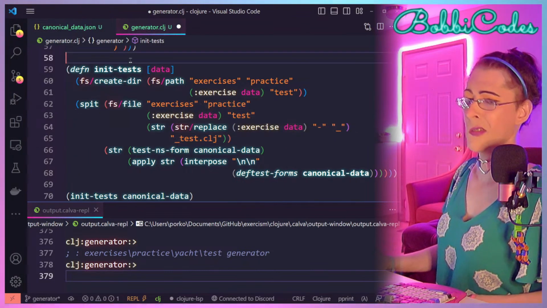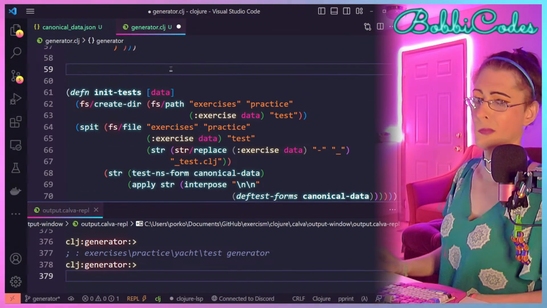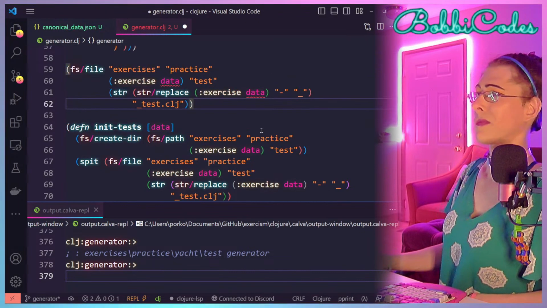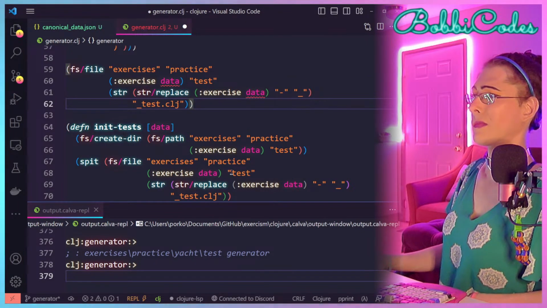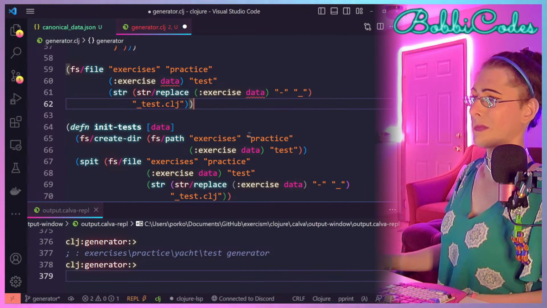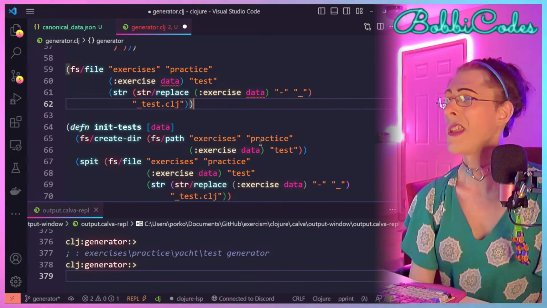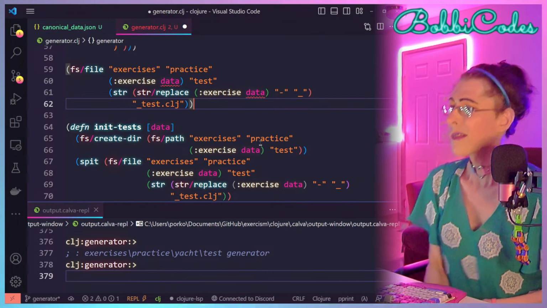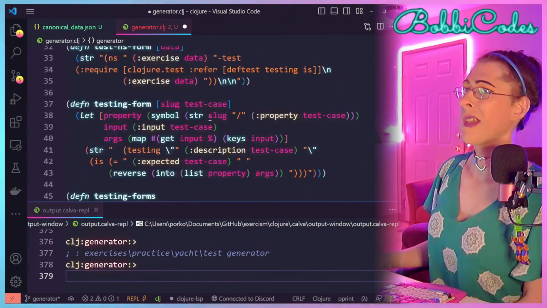Let's make sure this is doing what I think it is. I should just name the thing data, and that'll be less confusing.